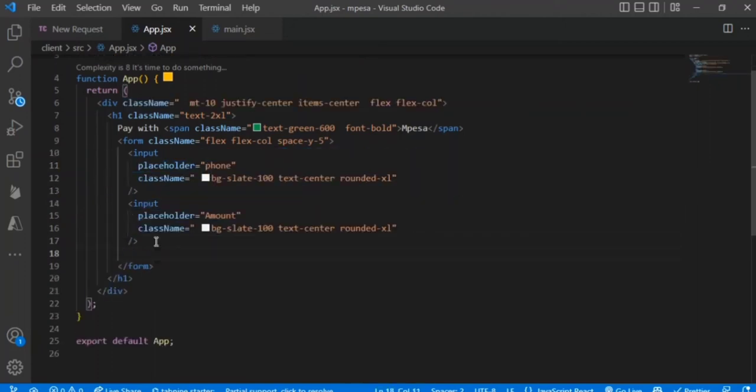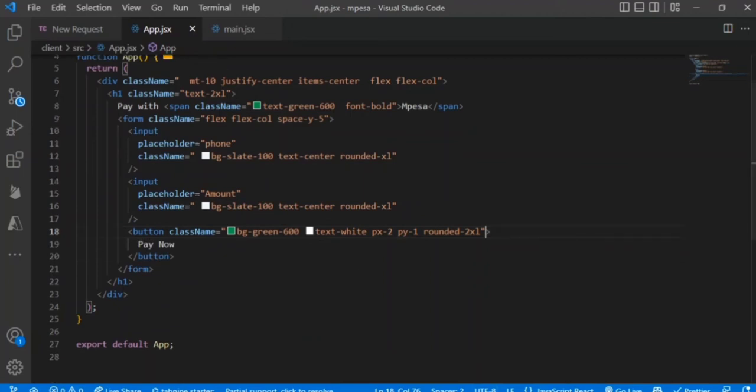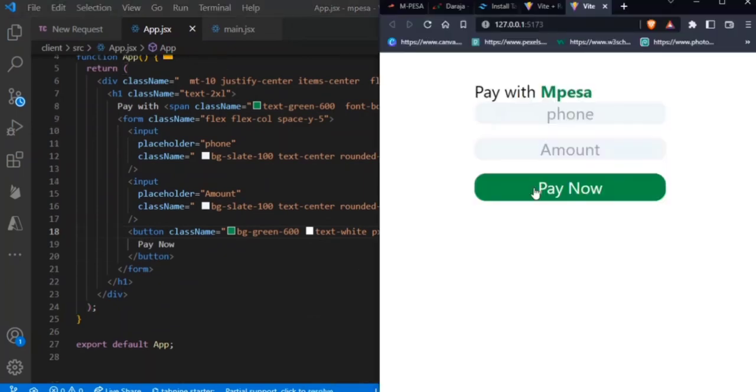Then tutakuwa na button which we read pay now, alafu tufanye styling just like the other elements, and yeah, so our form looks nice,